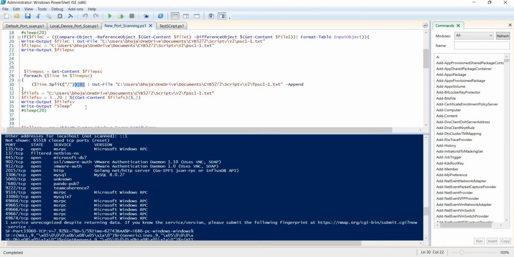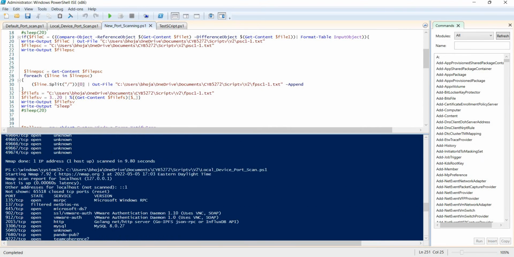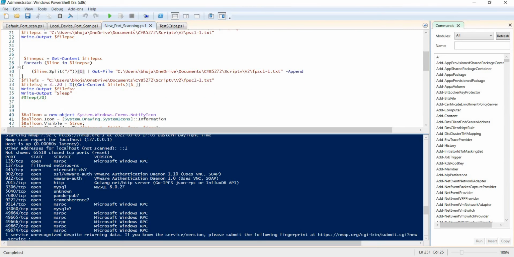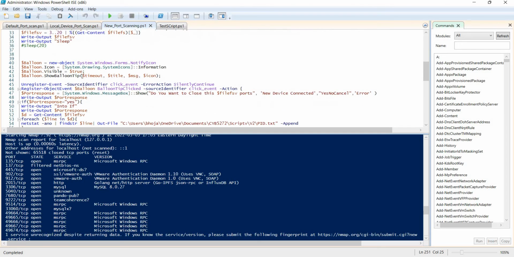As we know the loop starts from 0, so we will take the first variable, and as a 0 we will only get 135, 137, 445, and we will save all the port numbers, only port numbers like 135, 137, to this file. Then from that file we will read every port number